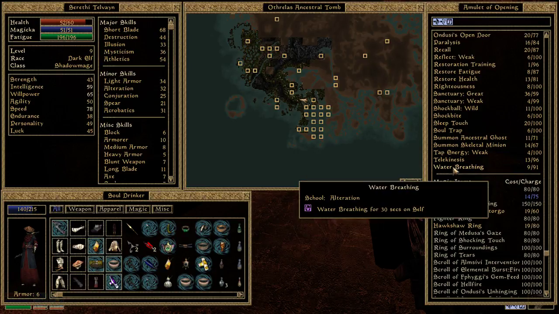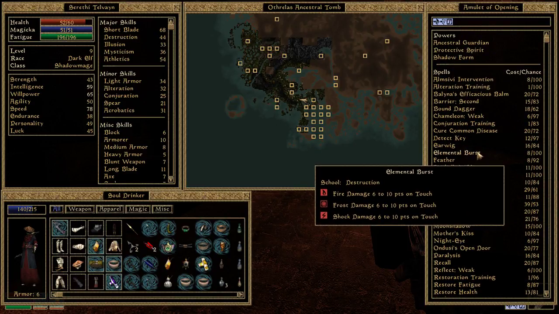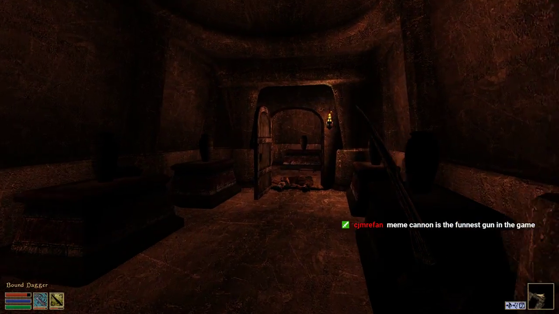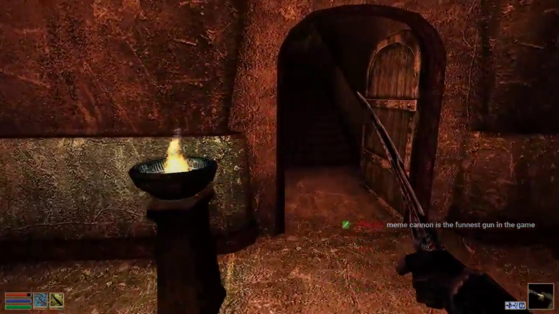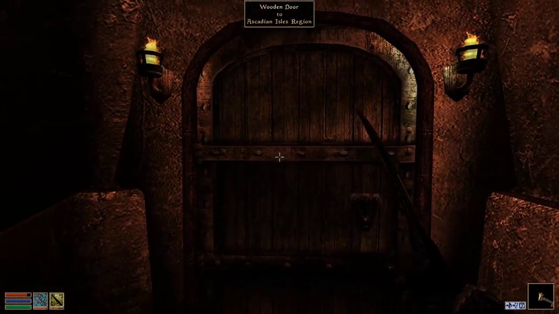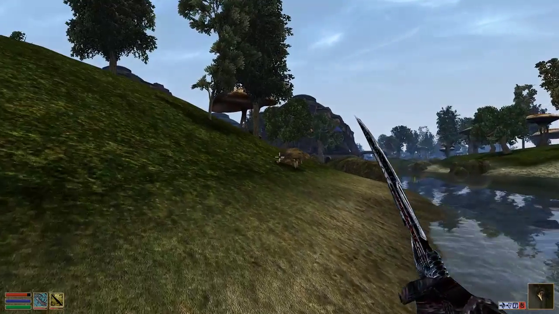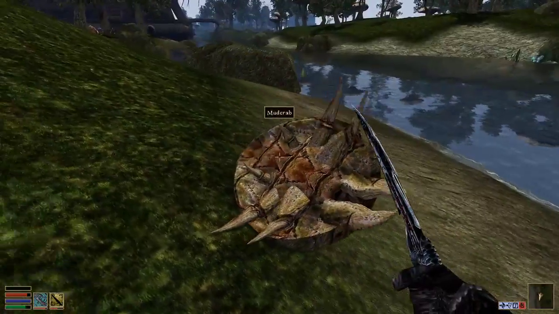Okay. These weapons are amazing. I know the shotgun. I'm assuming he has the same secondary. I haven't tried his SMG, because obviously I've only got, what's her name? Dukabe. Meme Can is the funnest gun in the game. Stab. Stab the